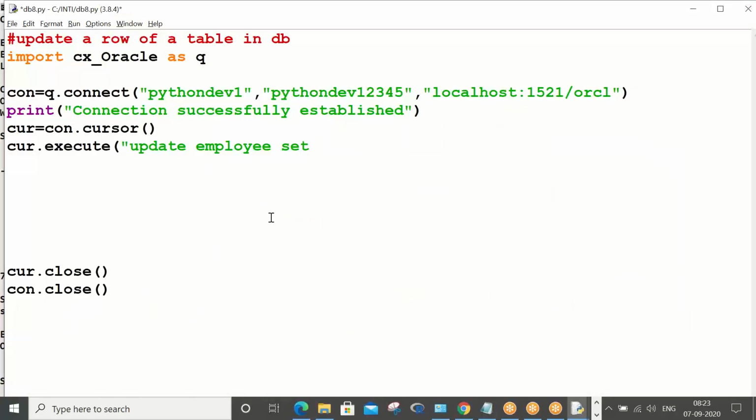Update employee set eaddr equals Bombay, where eid equals 1004.